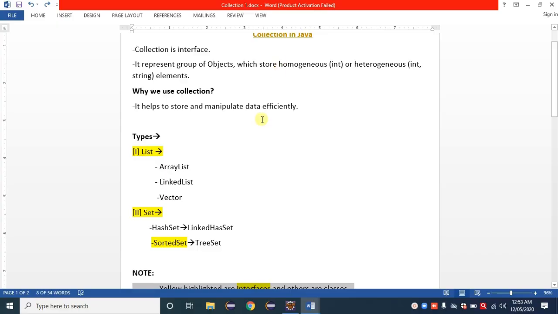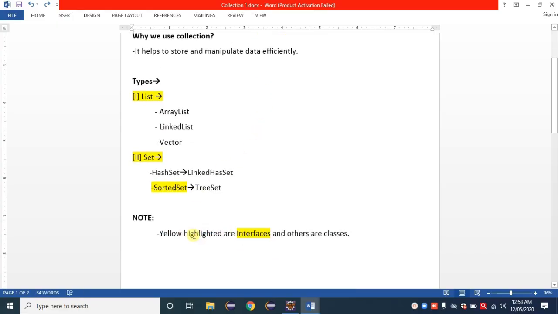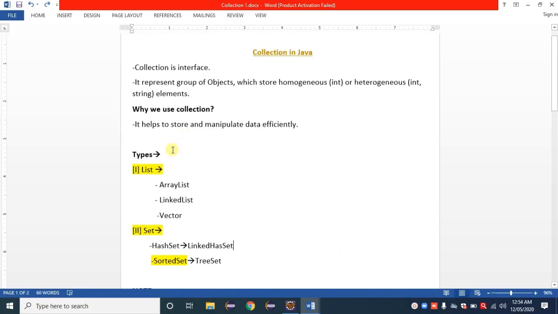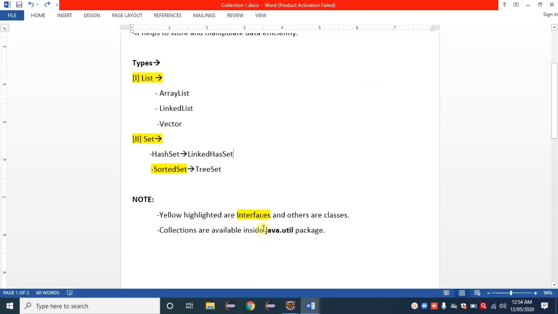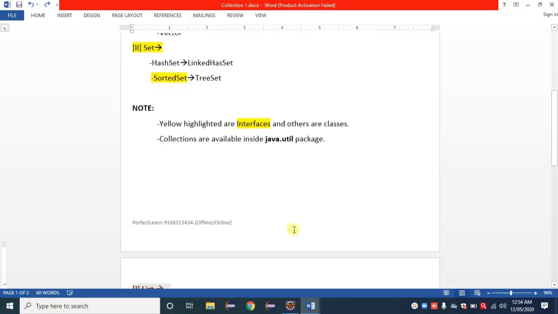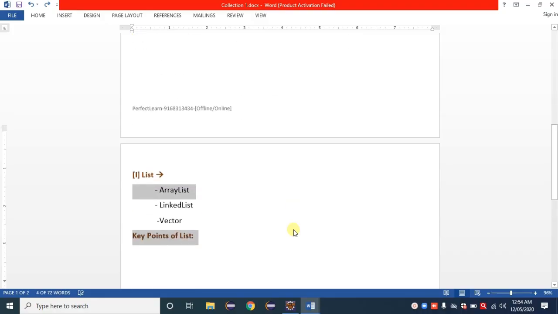Yellow highlighted are interfaces and others are classes. These collections are available in the java.util package.